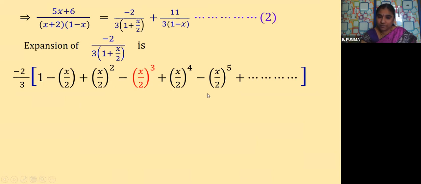So what is that formula? Let us see once here. This is our formula. 1 by 1 plus x is equal to 1 minus x plus x square minus x cube plus so on. Means here alternately we get plus and minus signs. But what is there in our term? x by 2. In place of x we have x by 2. So in the same expansion, wherever x is there you put x by 2. So here 1 minus x by 2 plus x by 2 whole square minus x by 2 whole cube, so on. Alternately plus minus plus minus, so on. Clear? So it is an infinite expansion series, children.